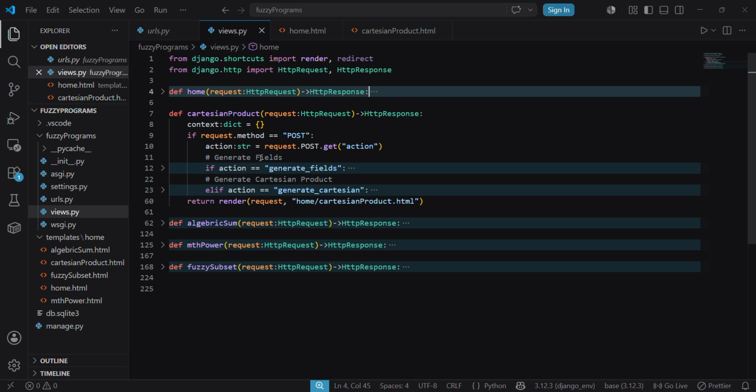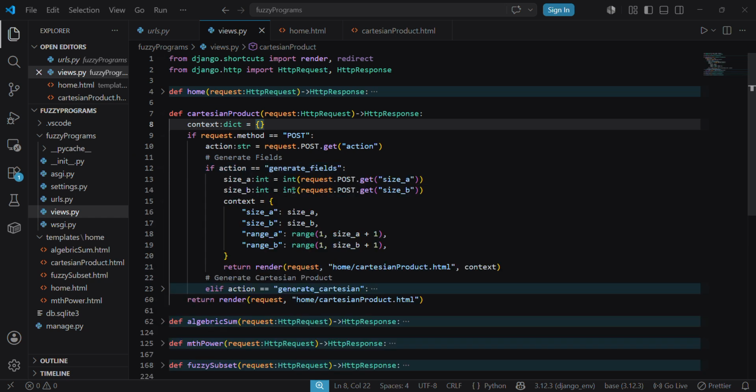It will check if the request comes in the form of POST, which means we are filling up the form. Now inside this POST block, if the action equals generate field, then this block will be executed, or else the other block will be executed. So if action equals generate field is true, then